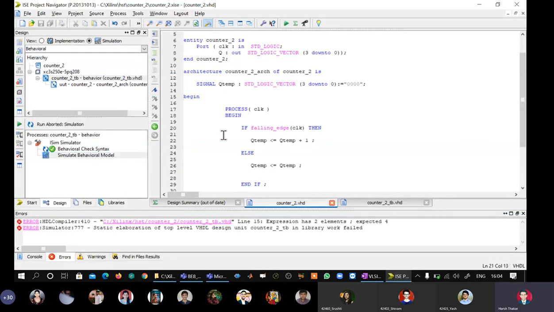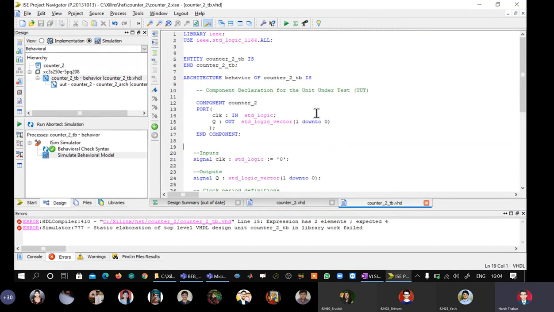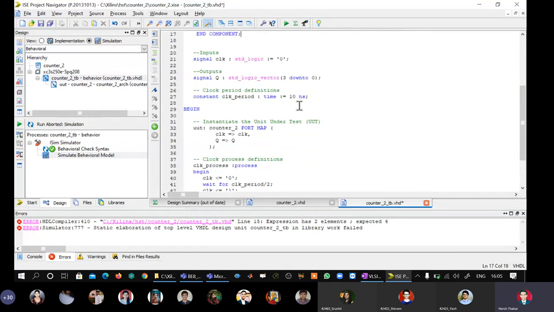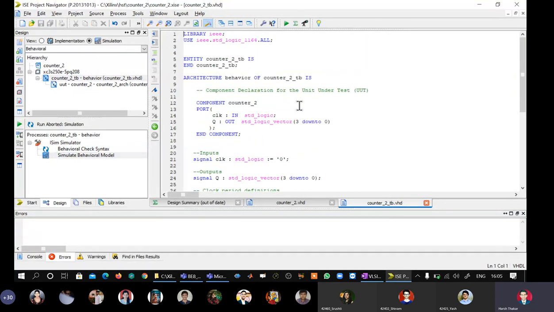Yeah. So there is a problem here. The test bench program did not get automatically updated. So actually we have to update it manually. Okay. So I will say 3 down to 0. And here also I'll make it 3 down to 0. Let me see if any other changes are required. I don't think any other changes are required. No, that's it. So we also realize that if I change the length of vector in the main program, it does not get automatically updated in the test bench program.